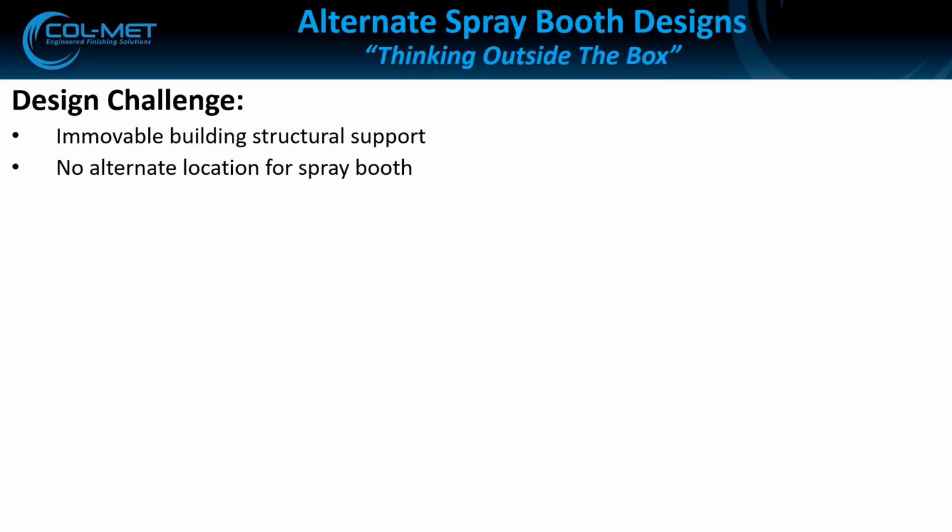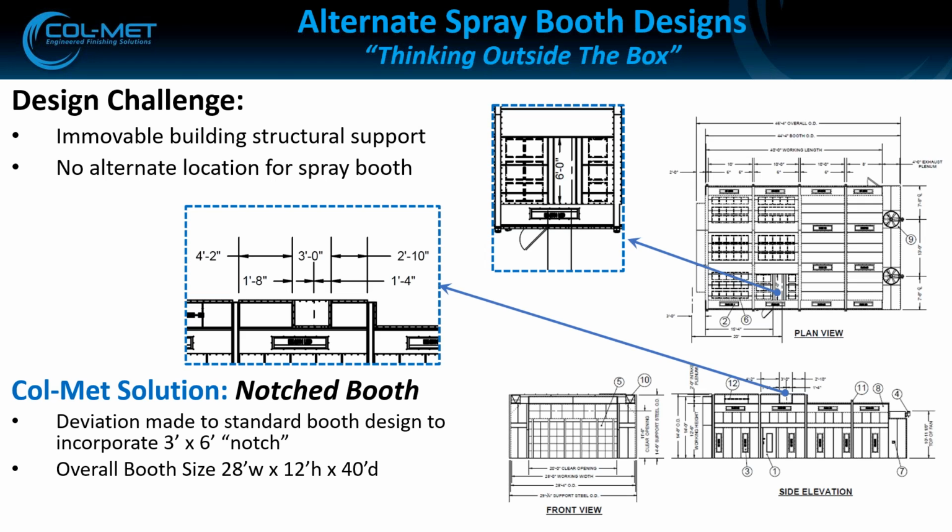So going down to thinking outside the box, we have a few examples of design challenges and our solutions. The first one was a typical standard booth that we were going to supply to the customer. However, they had immovable building structures in the way, and there was no other place to place this spray booth. So our solution was a special notch on the booth that accommodated the location of